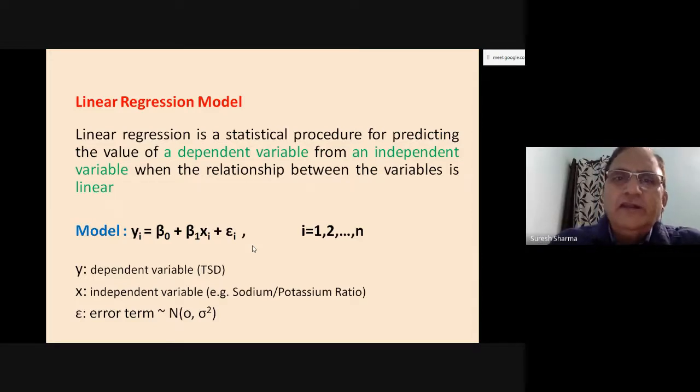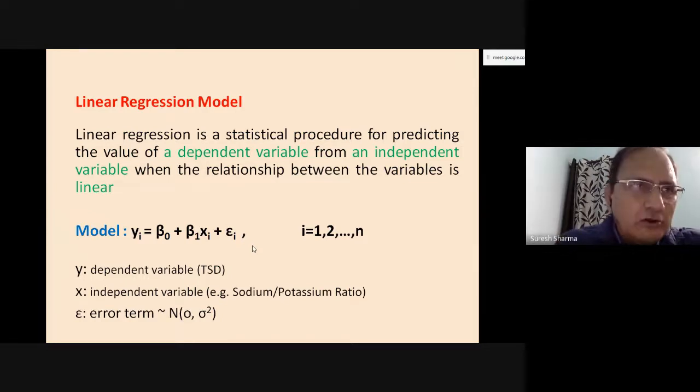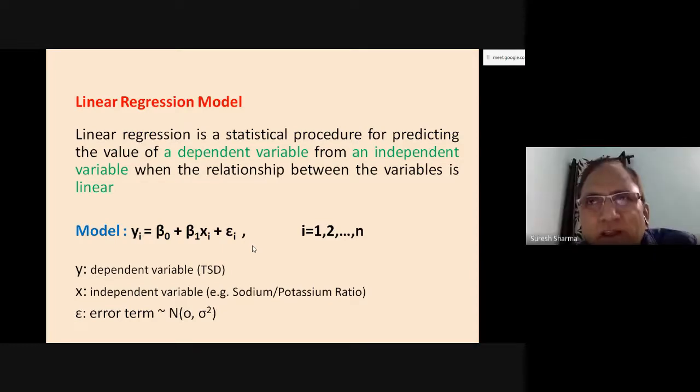If error goes to 0, you will have 100% prediction. But whenever you watch television, there is a next day's forecast. It doesn't say there is a 100% chance of rain. It says 90% chance of rain, 88% chance of rain, thunderstorm this much, humidity this much. Yes or no? Not 100%, but in terms of a certain kind of percentage. Is what I'm saying correct? Yes. So that means for any model, you cannot predict 100%. But the closer it is, the better the fit.